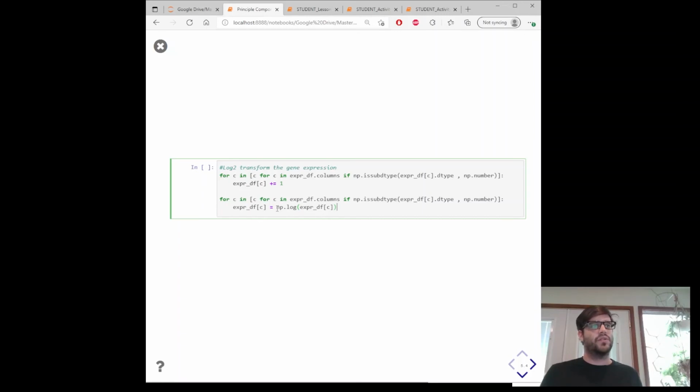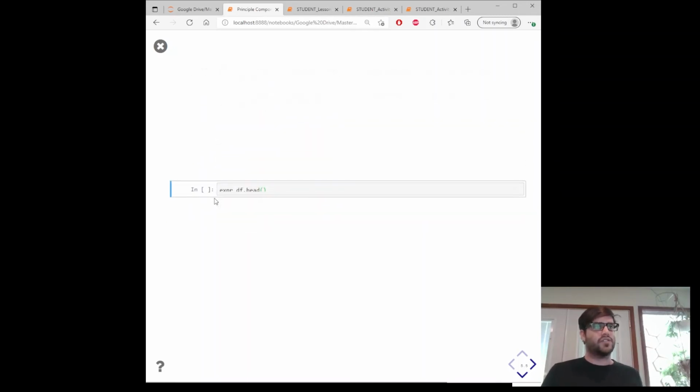We will use this numpy.log, and then call our data frame, and then each value. This will iterate over the entire data frame, and for each value it will log transform it. So if we run this, the first time it's going to add 1, and then it's going to log transform it. And if we actually look at our data frame here,